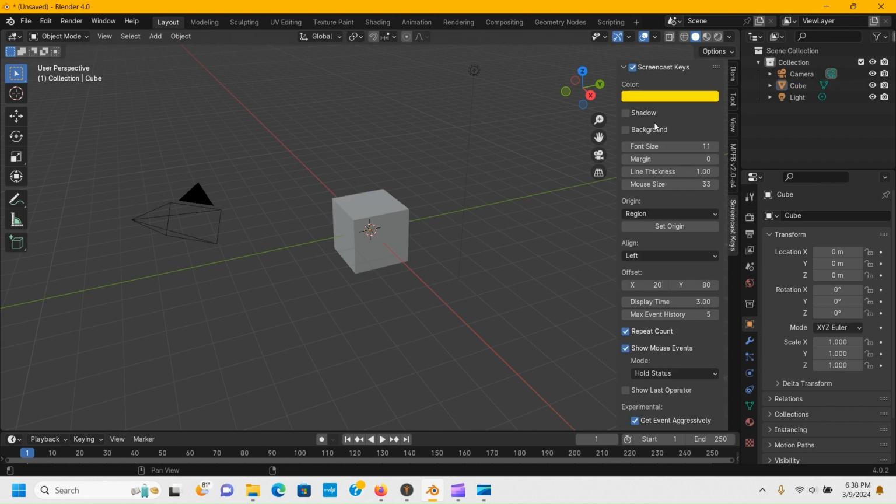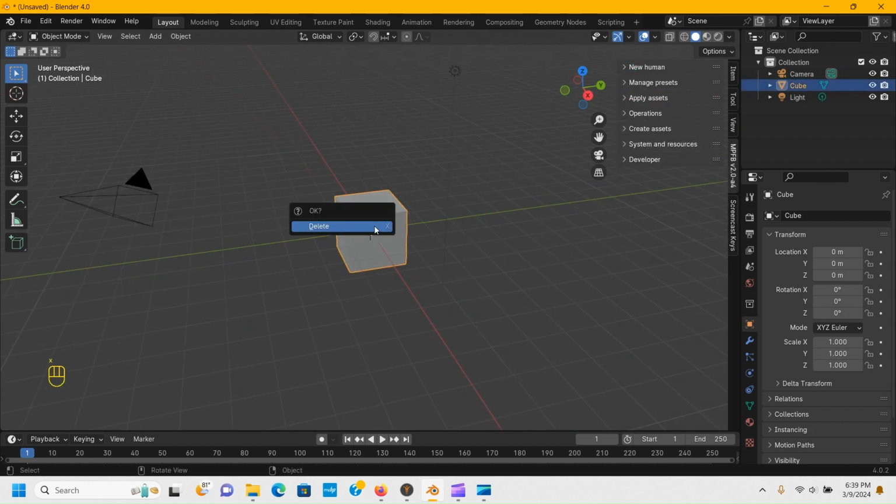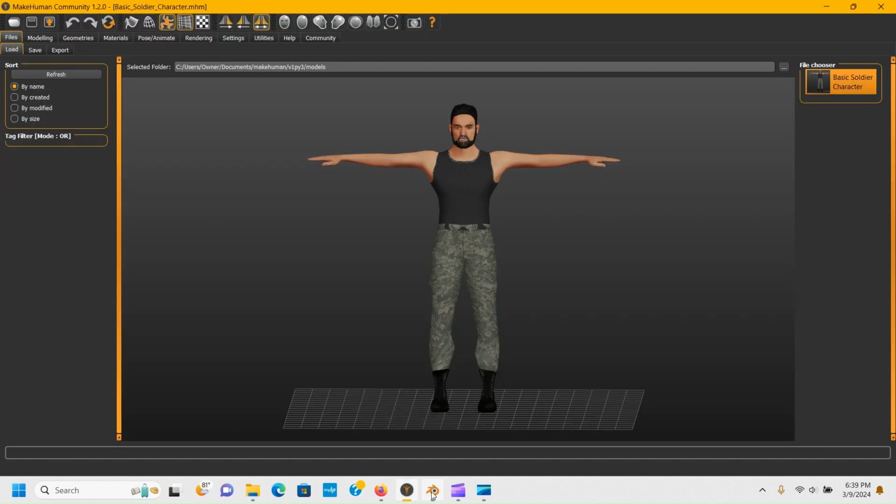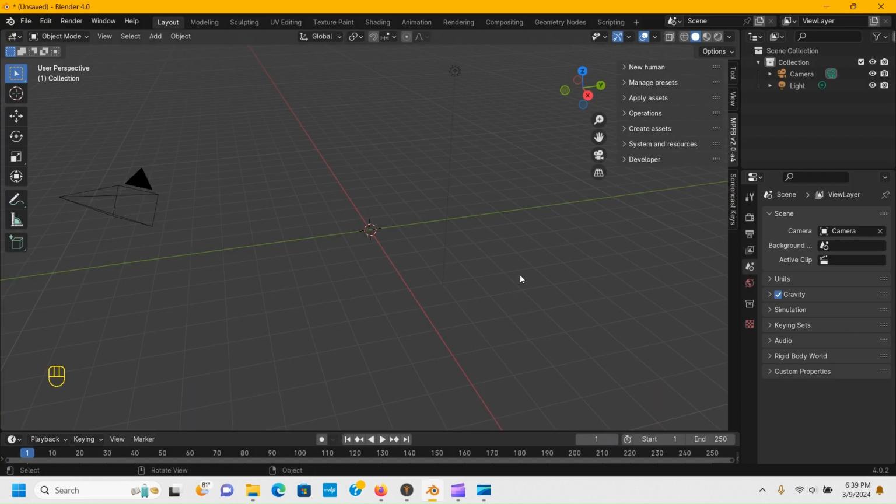I'm going to go ahead and delete the default cube. Now, we're going to want to import our character from Makehuman to Blender. Keep in mind, it's important that Makehuman is still running during this process. So, what we're going to need to do,